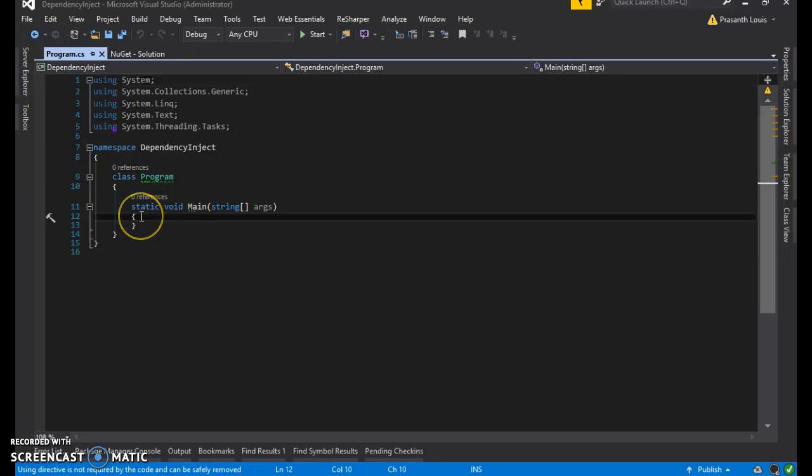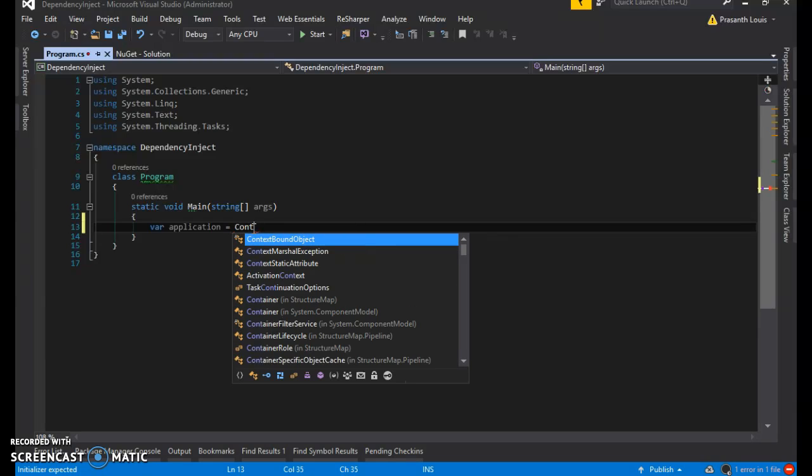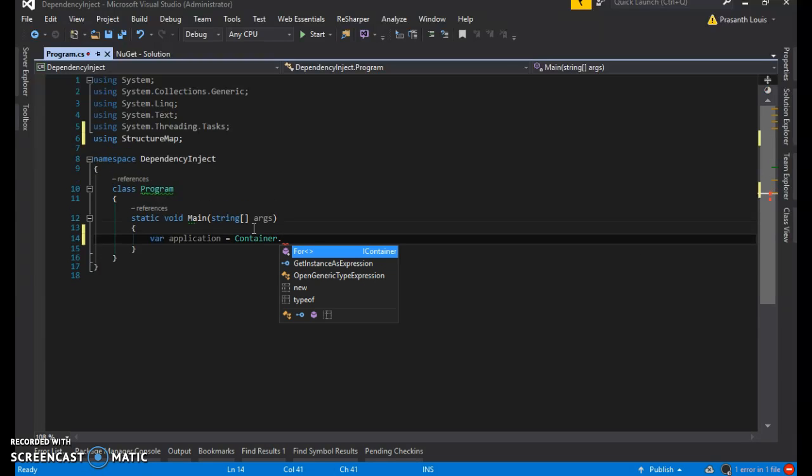So we're going to go to our Program.cs, and one of the first things we're going to do is set up a container for this. Let's make a variable called var application. Name it anything you want. Var application is equal to Container.For. Remember, Container is part of StructureMap, so Container.For